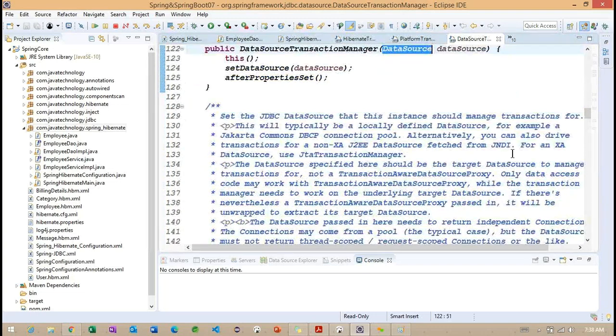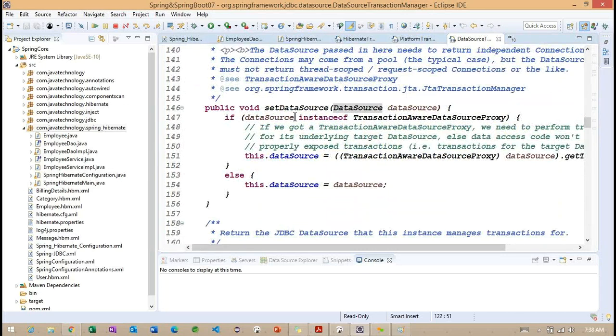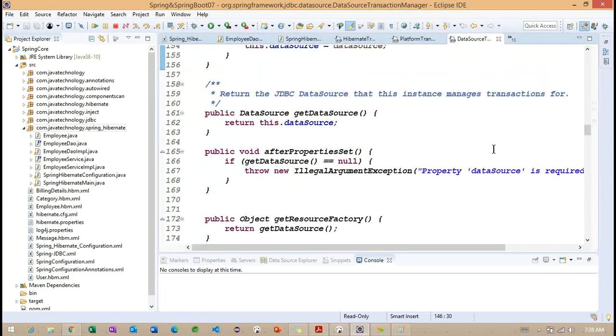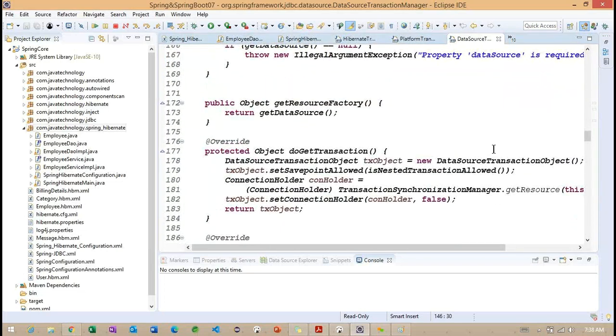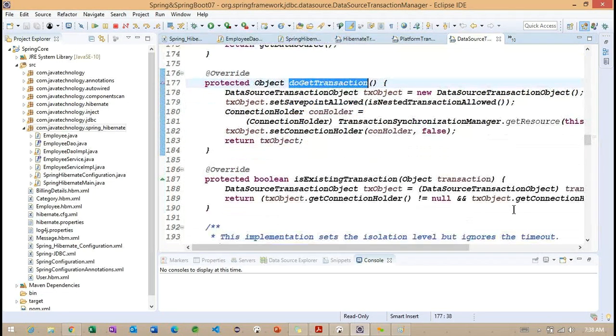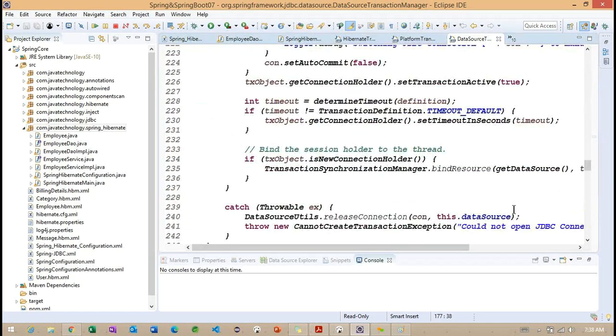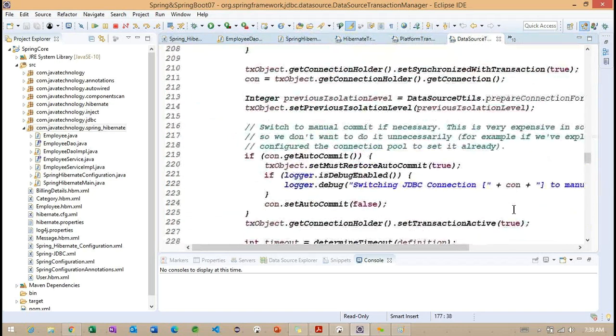It expects a constructor with a data source, and we have one setter method, data source. So get data source, after property set, resource and do get transaction. Using this do get transaction, we are going to call the get transaction method, which comes from the abstract class. Later we are going to work with different conditions here. So these are the transaction managers we understood here.